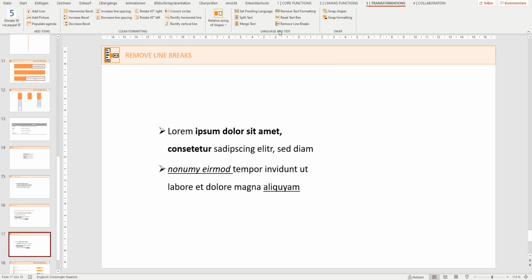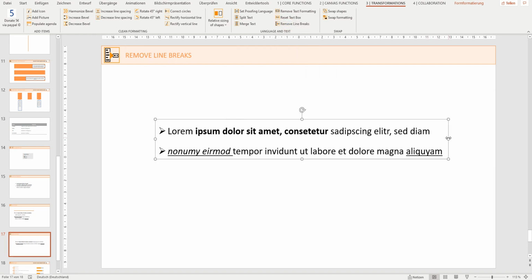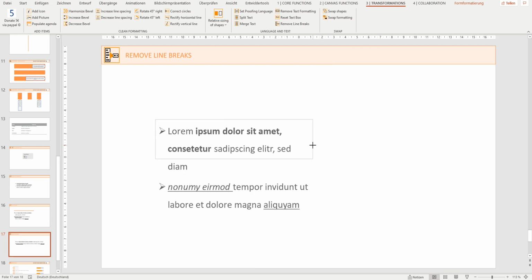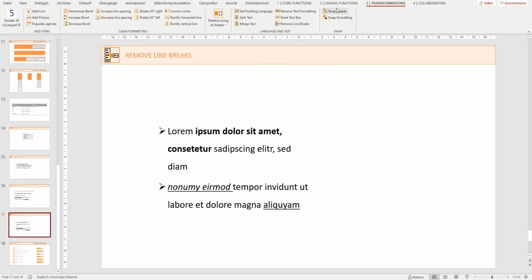Lastly, regarding language and text, it might happen that PowerPoint adds the line breaks by its own and it's not the way you want it. In such cases, you can just say remove line breaks, and then you can start setting line breaks to your needs. So this is about the language and text functionality, and the last function is then about swapping shapes and formatting,